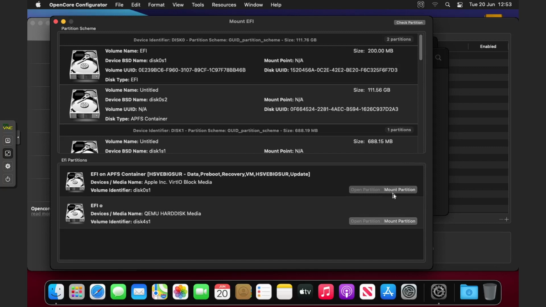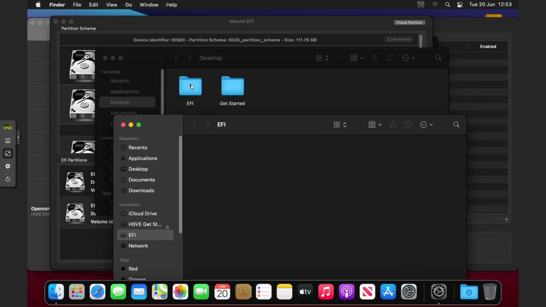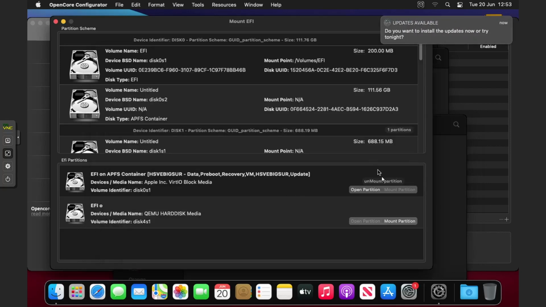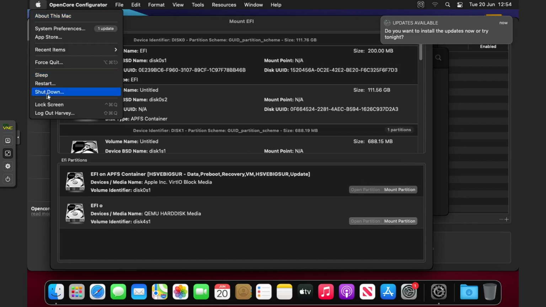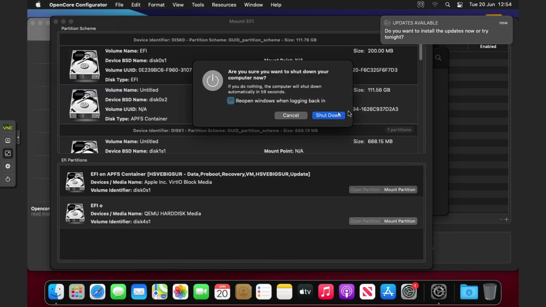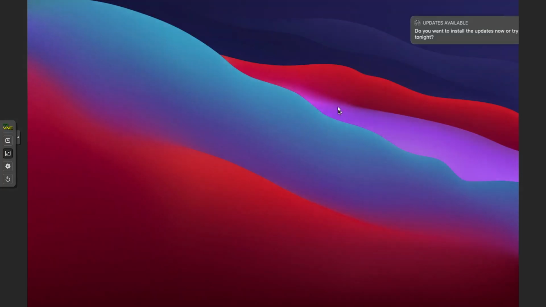So let's do that. I don't know why it was not extracting there, but hopefully it works for you. So if I paste in the EFI from the desktop, once that's done, click on Mount Partition and then shut down macOS. I untick that, click shut down, and obviously once that's shut down, all we need to do is remove